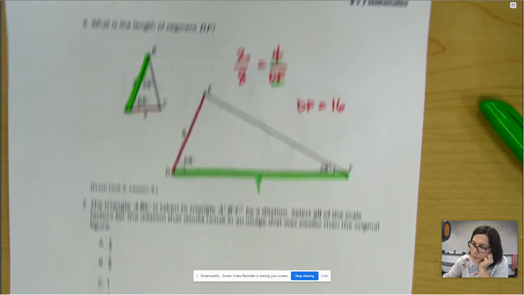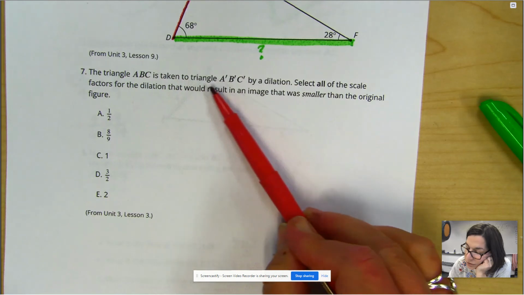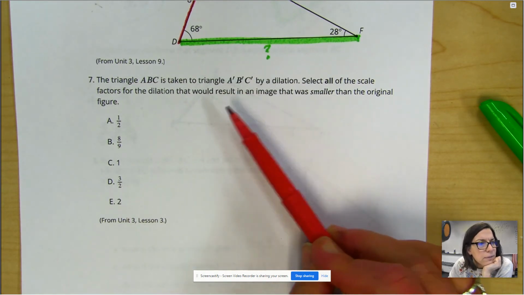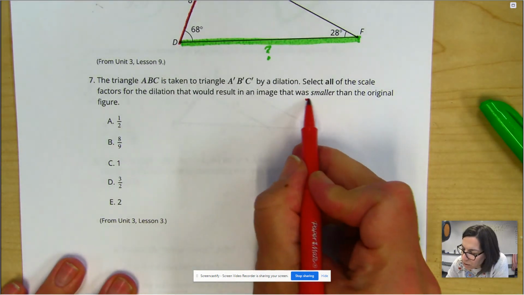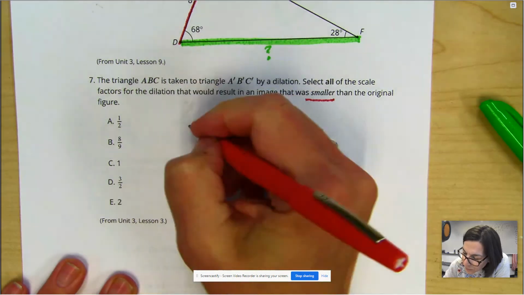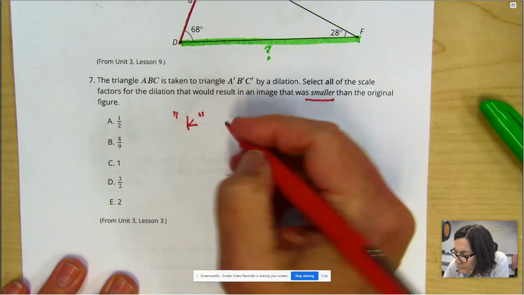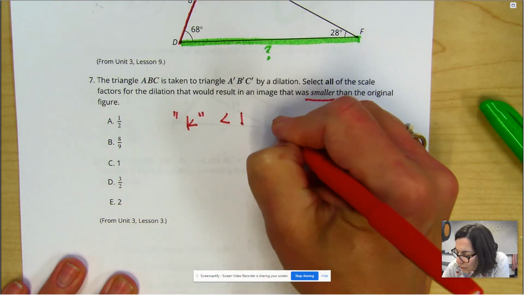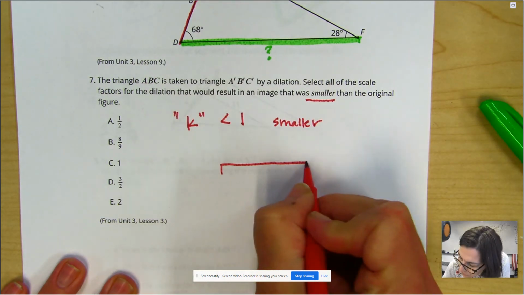All right, last one. The triangle ABC is taken to triangle A prime, B prime, C prime by a dilation. Select all of the scale factors for the dilation that would result in an image that was smaller. So if the scale factor, we often call that K, right? If the number you're multiplying by is less than 1, it's going to result in a smaller copy. Okay? So you have to understand which fractions